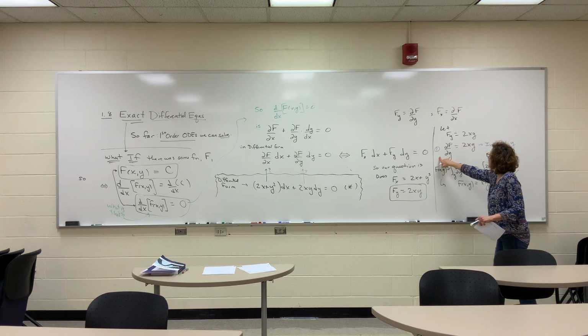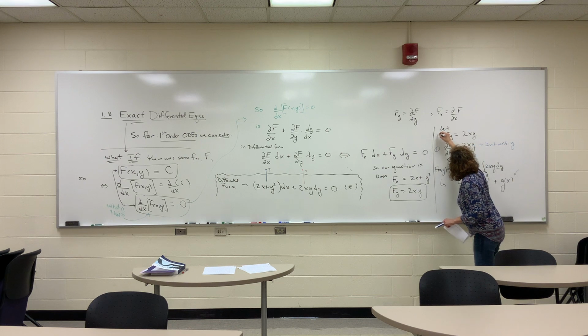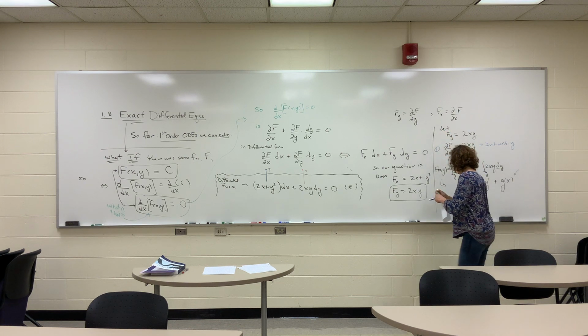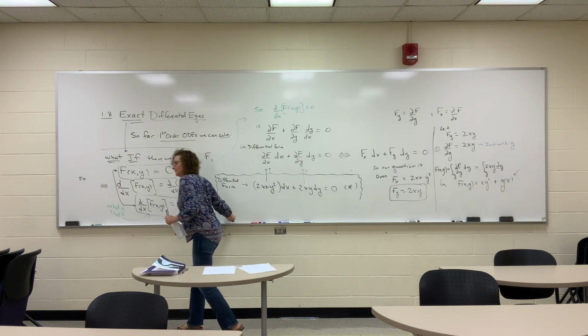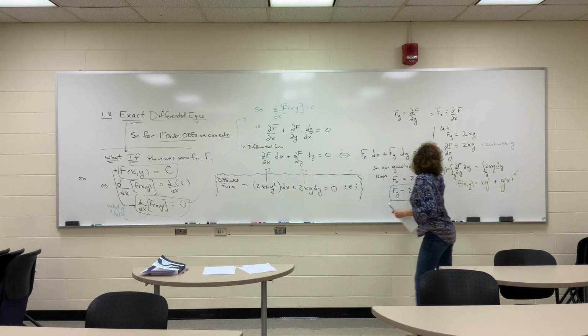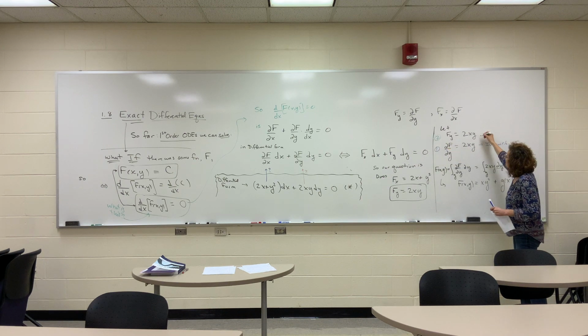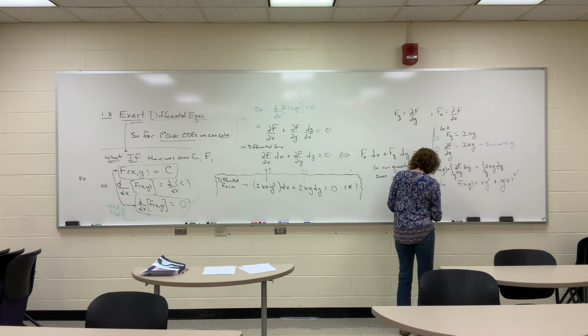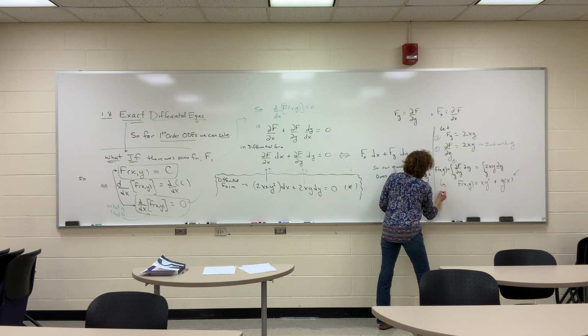So we pick this one first, and then you integrate with respect to that variable. Then you come back to this one, right? And then we can utilize this one in differentiating this guy. So our first step was to integrate. Our second step is to say, okay, well,